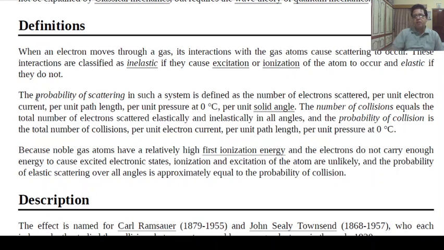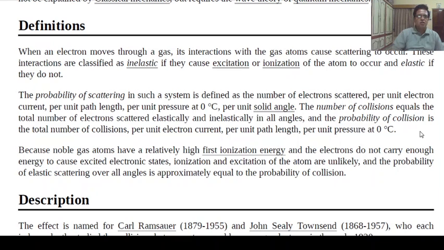These results were observed by Ramsauer and Townsend. The probability of scattering in such a system is defined as the number of electrons scattered per unit electron current, per unit path length, per unit pressure at 0 degrees centigrade, per unit solid angle. The number of collisions equals the total number of electrons scattered elastically and inelastically in all angles, and the probability of collision is the total number of collisions per unit electron current, per unit path length, per unit pressure